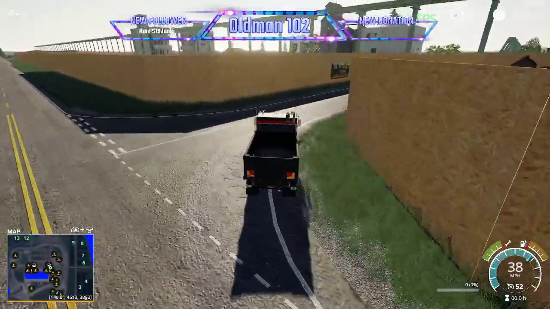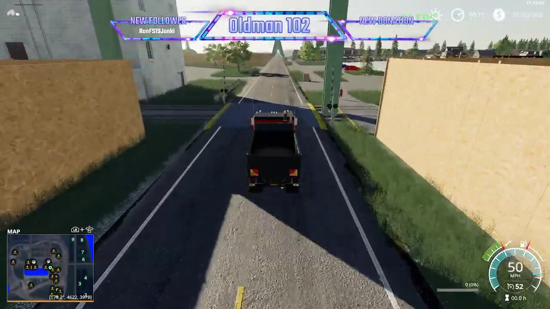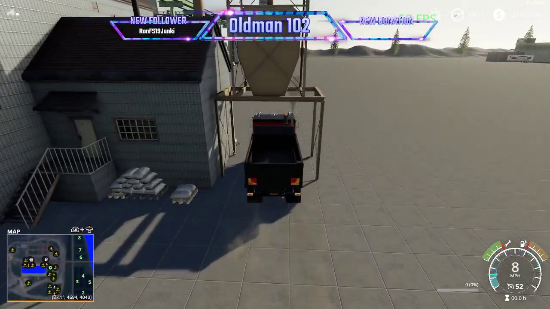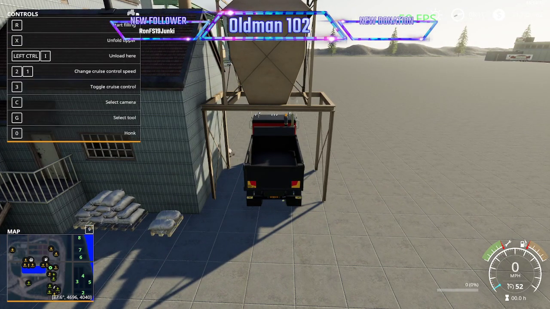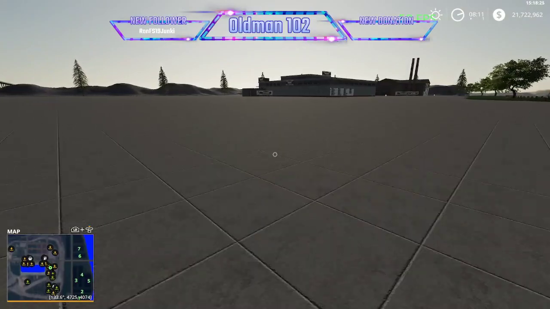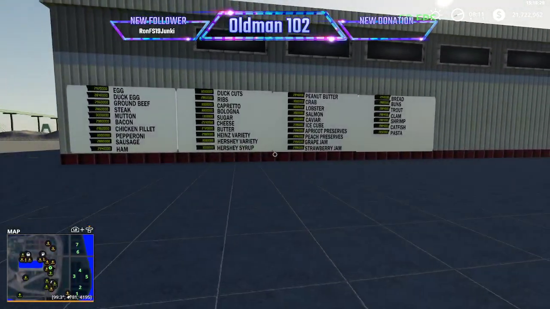So come over to Central Station. Grab your 500,000 liters of wood chips. Let me turn my F1 back on. I turned it off to take a picture. So there should be some wood chips sitting in here. Yep, 500,000 liters. All right, while that's filling, now for testing, I pre-filled these warehouses with containers,